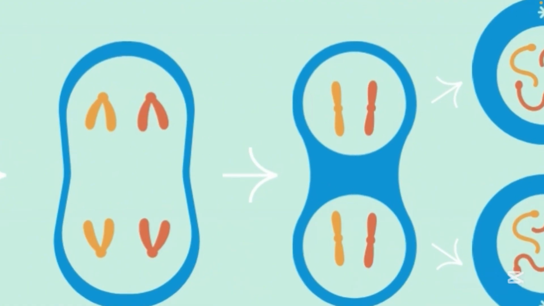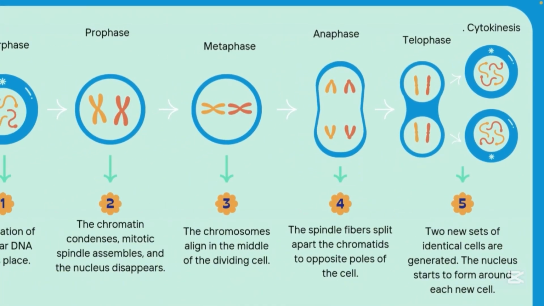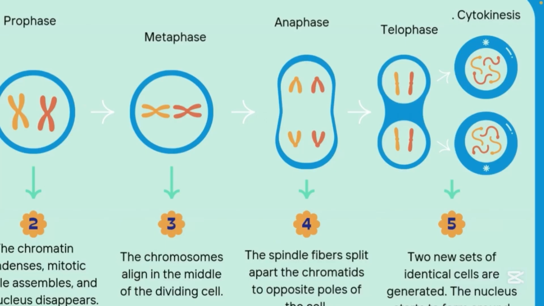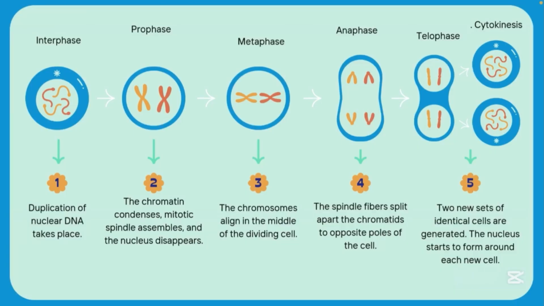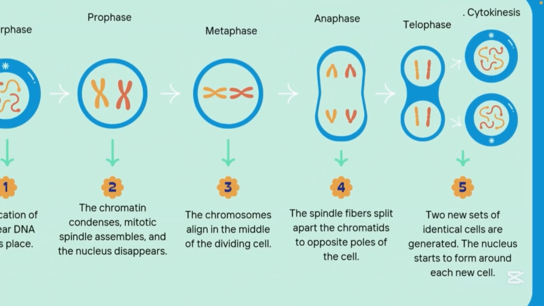A nuclear membrane is formed first in telophase, and then finally in cytokinesis, the cytoplasm splits. Here the cytoplasm splits, it forms two genetically identical daughter cells, and this is basically the total process of mitosis. It produces two identical cells, where the chromosome numbers are completely the same, the genes are the same, everything is the same in both of these cells. There is nothing different, it is completely identical.